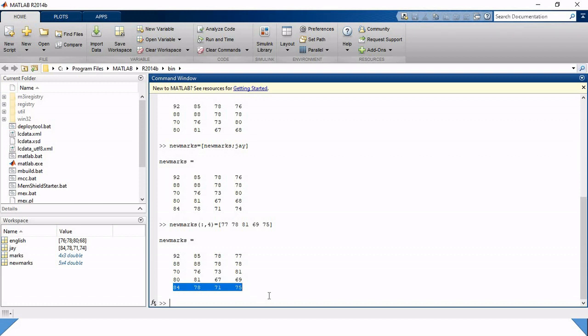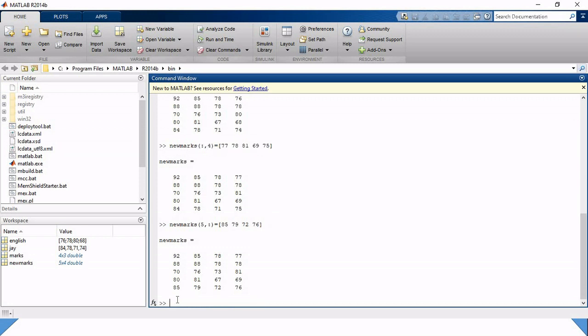Okay, let's check by typing new marks. Now what's going to happen is it is only the 5th row. So we are going to write 5 colon, all the columns. So we are going to put the colon symbol. Now we need to enter the values. So what are the values? 85, 79, 72 and 76.